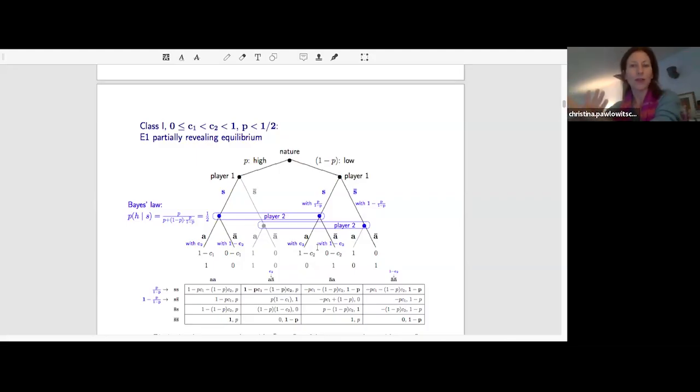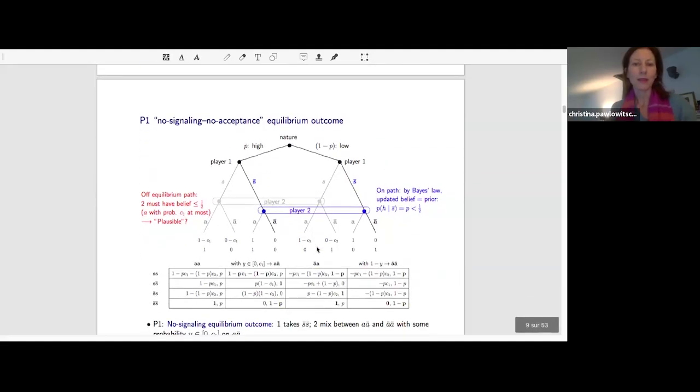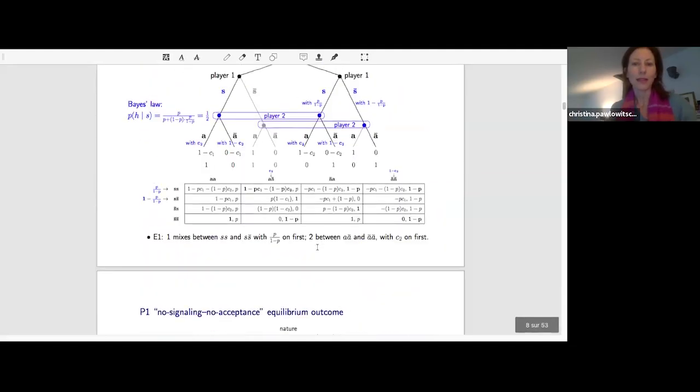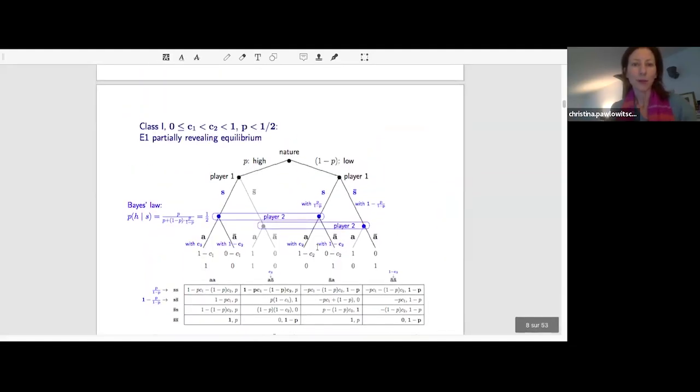I put this on the side for the moment. There are lots of things one could say about this, notably from the point of view of classical equilibrium refinements. But let me put it aside for the moment. And let me say that for this paradigmatic case that we are looking at here, we also have a more